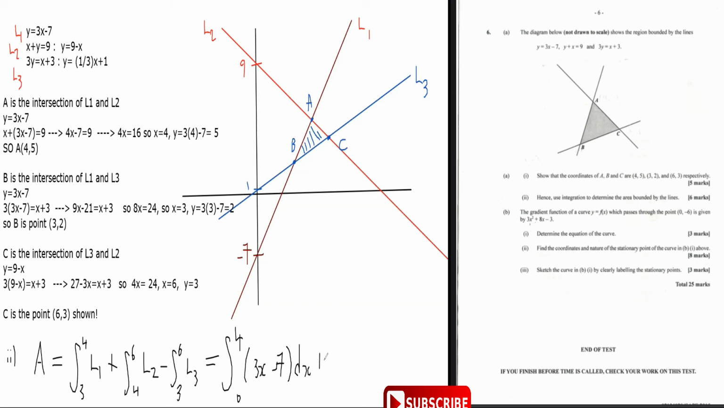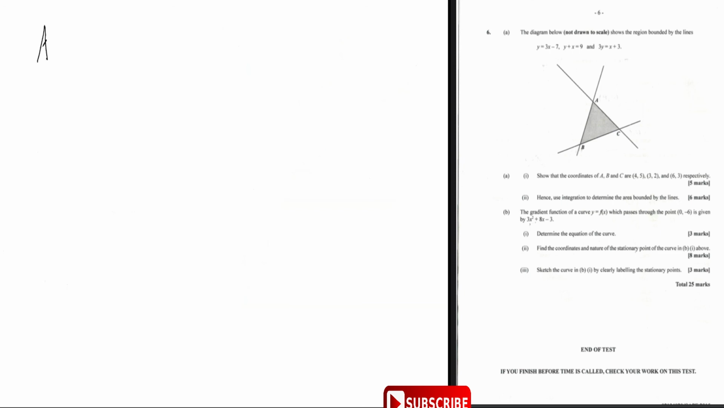plus the integral from 4 to 6 of L2, and L2, we put it as 9 minus x, that's y, 9 minus x, minus the integral of L3, which is from 3 to 6 of 1 over 3x plus 1, 1 over 3x plus 1. I left off my dx, but don't kill me. So now we're going to integrate them, and so the area that we're getting is equal to